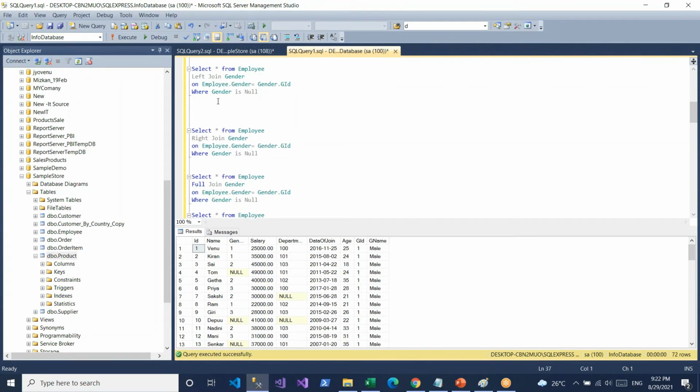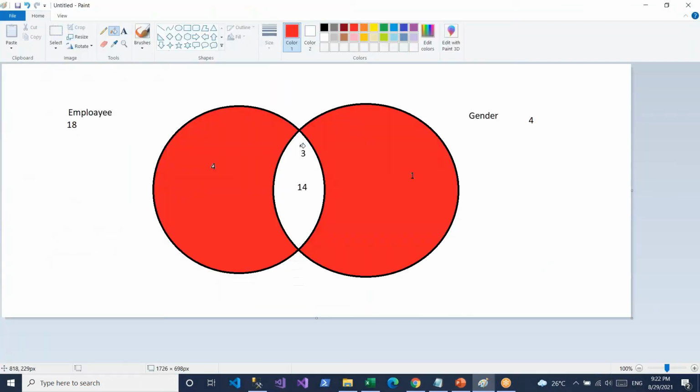Not sure on this one, natural join. But inner join is about getting the inner part of the things.